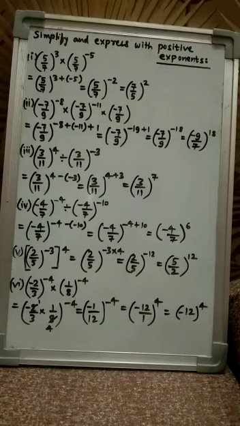So here you can see minus 7 by 9 has negative power. To make it positive, we will take the reciprocal of minus 7 by 9. It becomes minus 9 by 7 and the same negative power will become positive. So minus 9 by 7 raised to the power positive 18.